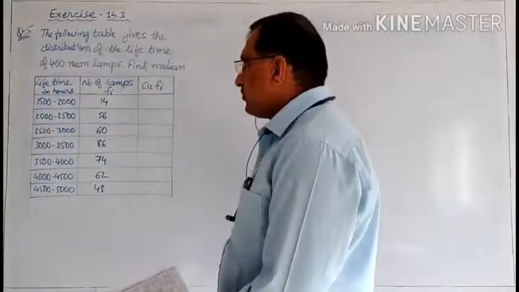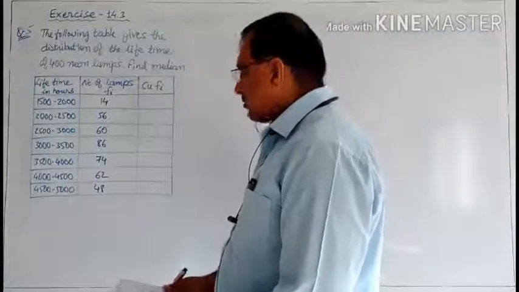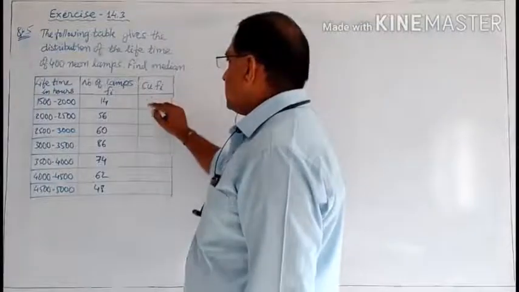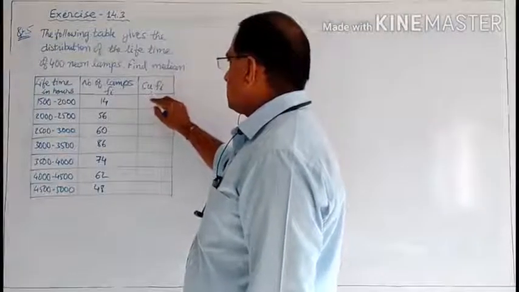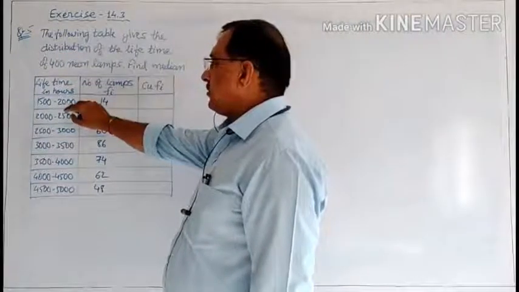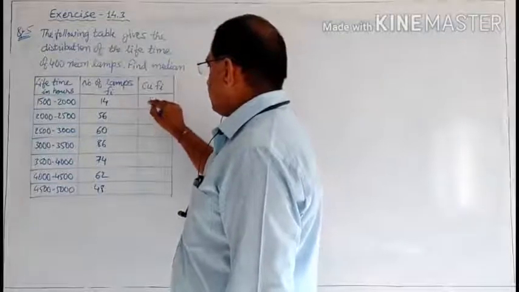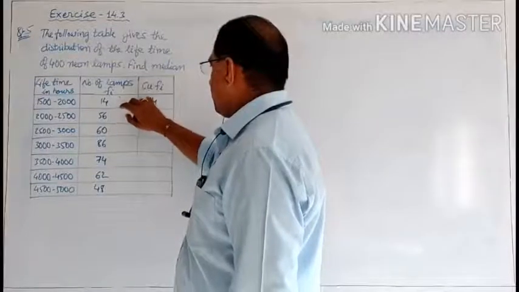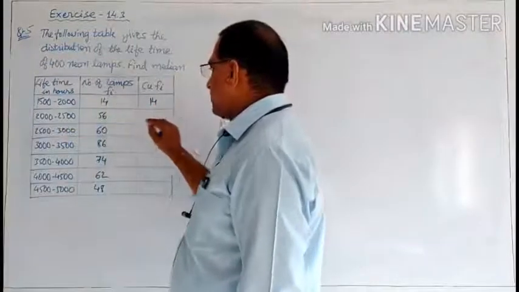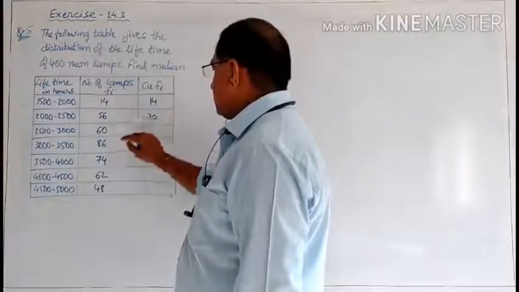So first of all we have to go for the cumulative frequency distribution. Let us go for the cumulative frequency distribution, then we will find the median class. Here, 14 lamps have a lifetime less than or equal to 2000 hours. Then the number of lamps having lifetime less than 2500 is 56 plus 14, that is 70, plus 60, that